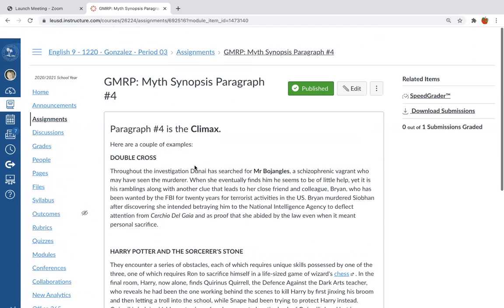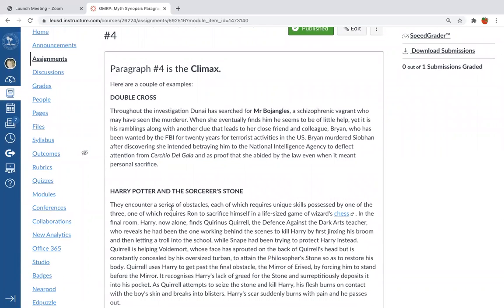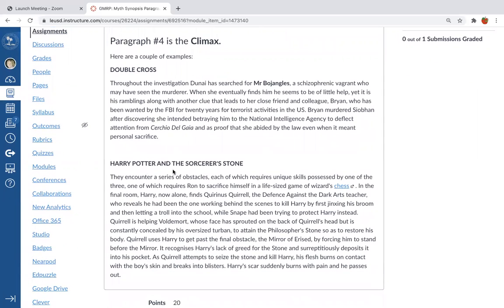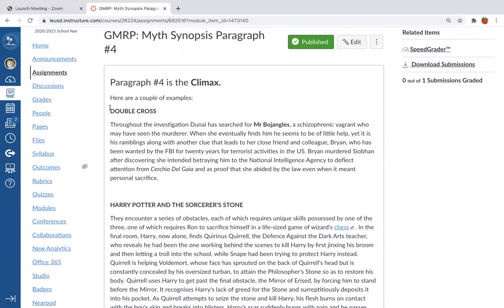So again, I went ahead and I put in a couple of examples for Double Cross and Harry Potter. And so, like for the original Harry Potter, meaning the first one, it would be when he actually has to face Professor Quirrell, and that professor is being controlled by Voldemort the whole time. And so that fight in the first Harry Potter book is the climax. And then for Double Cross, without even reading it, it's when she finds out who killed her friend slash mom